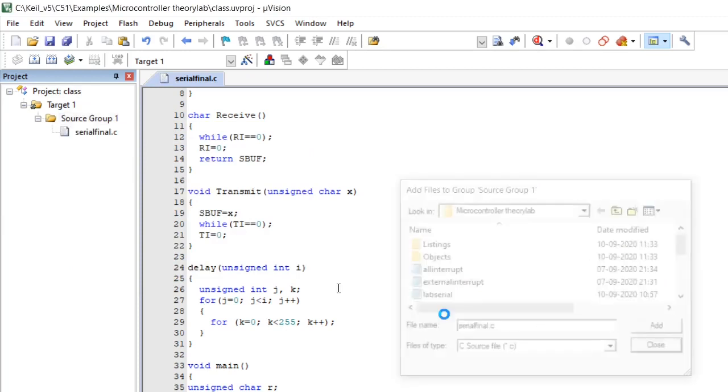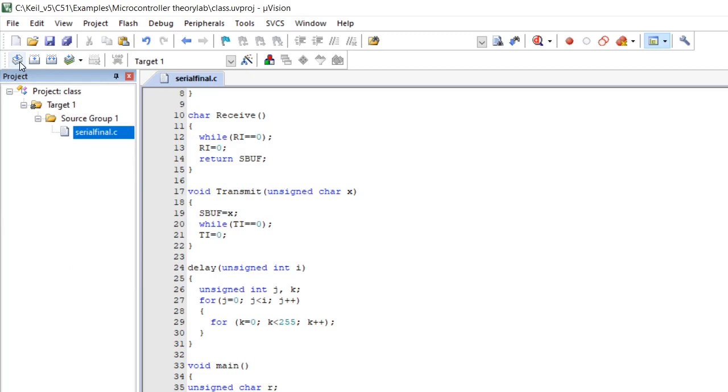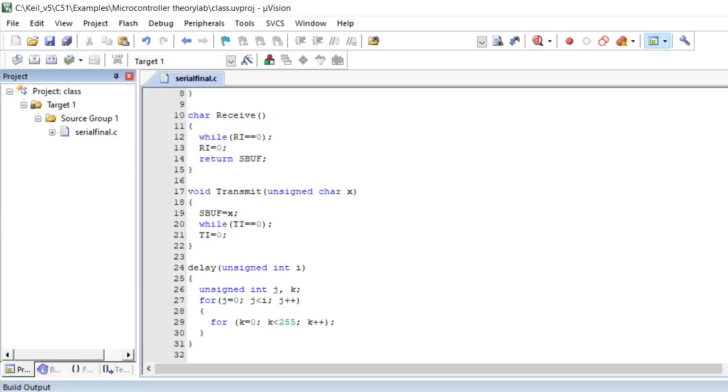Serial final, add, close, check for errors. 0 errors and 1 warning. Here void, so it is not returning anything, it is void. 0 errors, 0 warnings.